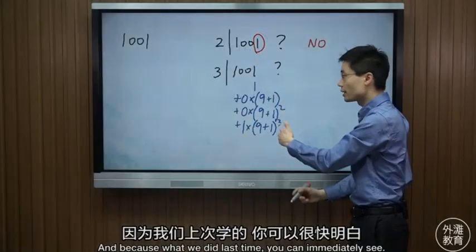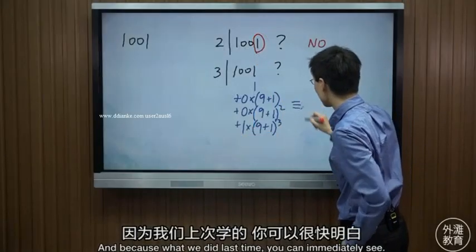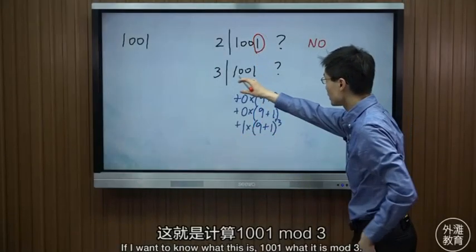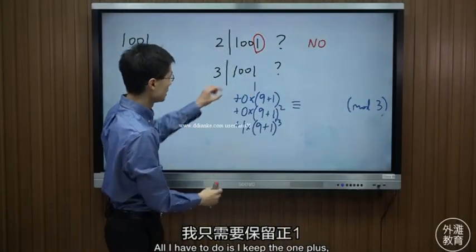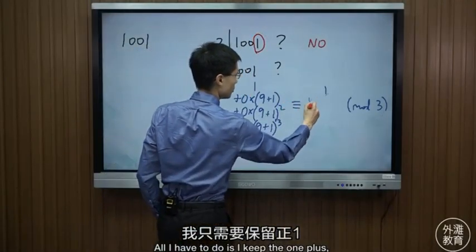Because of what we did last time, you can immediately see that to know what 1001 is mod 3, all I have to do is keep the 1 plus the